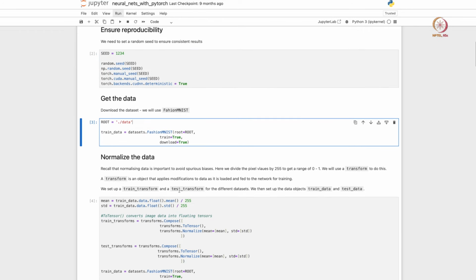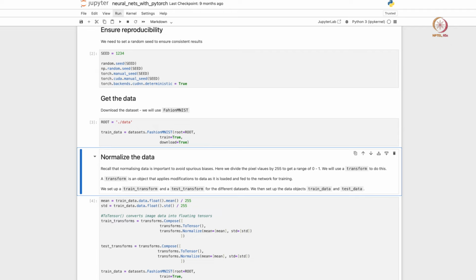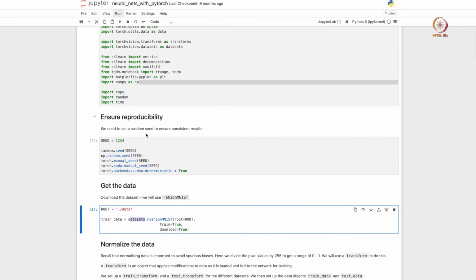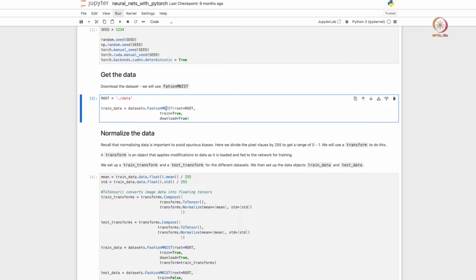Now the third step is let us get the data. We are going to use the datasets collection within our Torch Vision package here, and we are going to download FashionMNIST once again. So we are once again going to do that simple classification task that we did in the last session with Keras. Basically we also declare where we want to store the data, in this folder here, and we definitely want to download the training pieces of the data. So we do not want to work on the cloud.